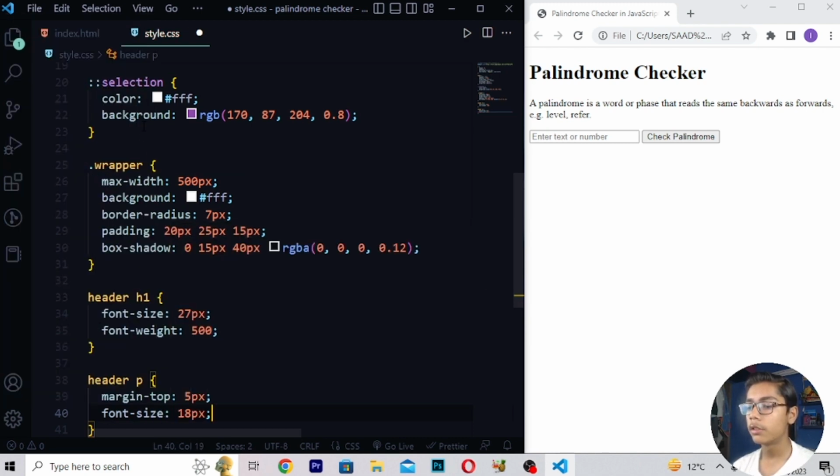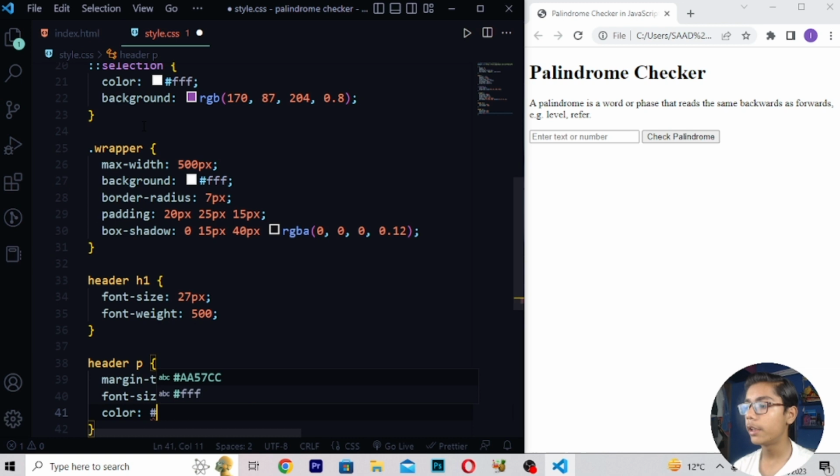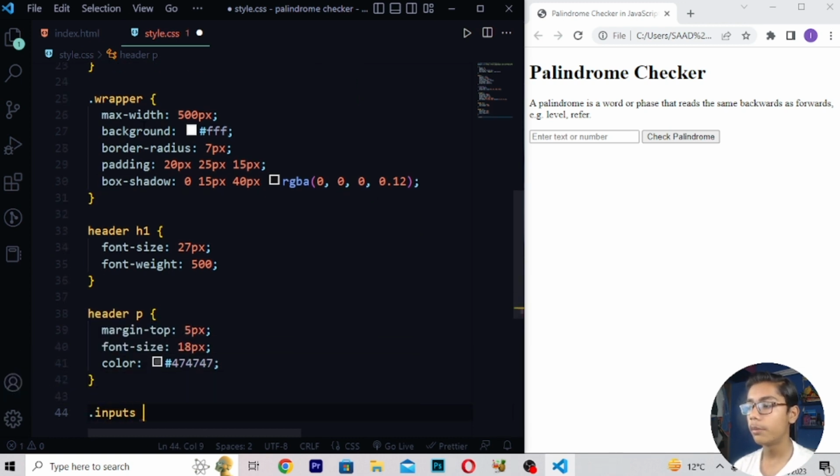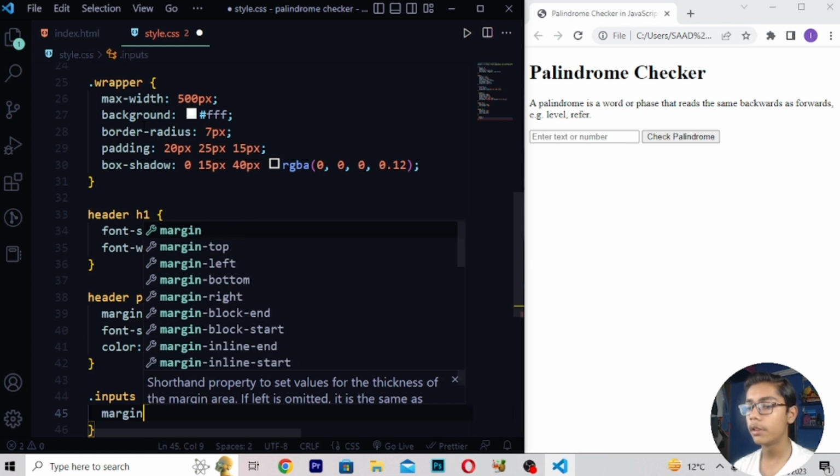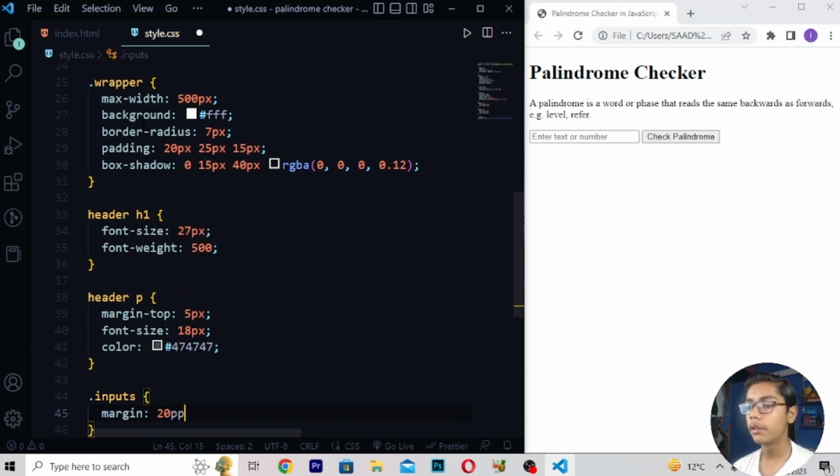Here I will be moving down again, right here color #474747, right here .inputs, then margin which should be 20 pixel, then I will be writing 0 27.